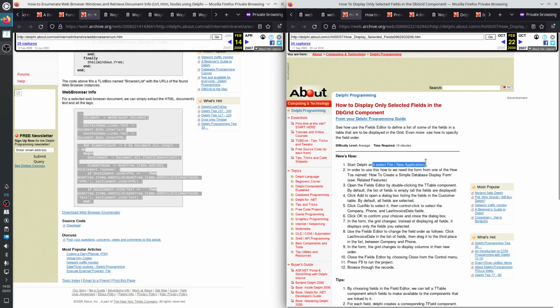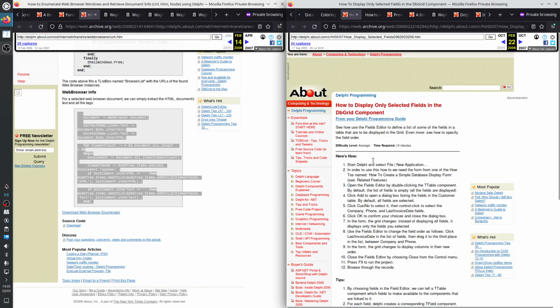Start Delphi, file new application. How to create a simple database display form. Copy the form from there. Open the fields editor.